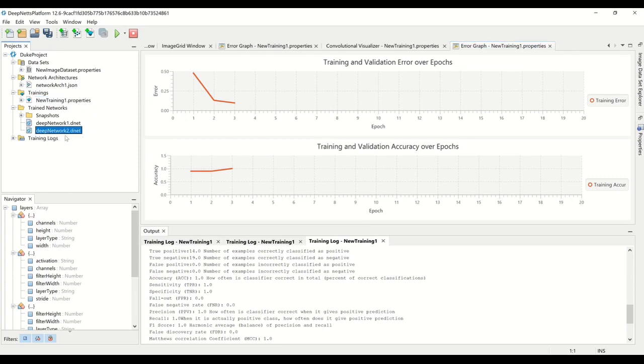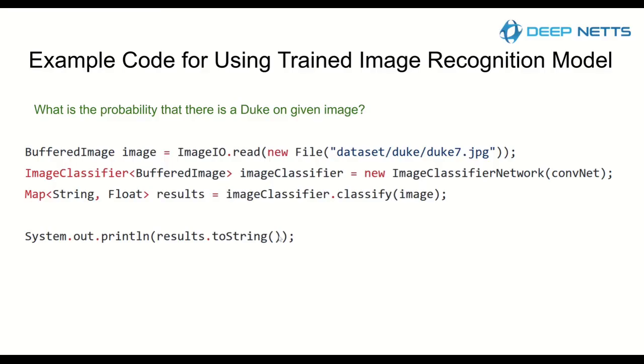So they are here, deepnetwork2.dnet, and also you can simply right click on that network and say create jar, and that's how you get the deep learning model packed in a well-known jar that you can include in your Java projects. You can also deserialize this network in your application using DeepNets Java library, and after that,